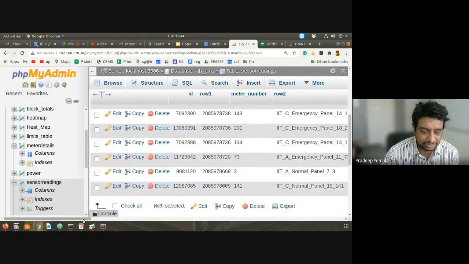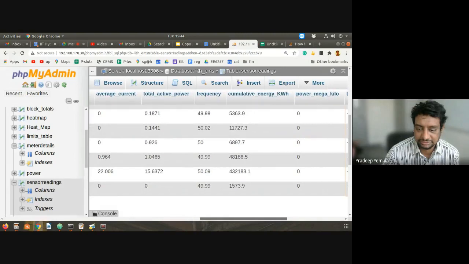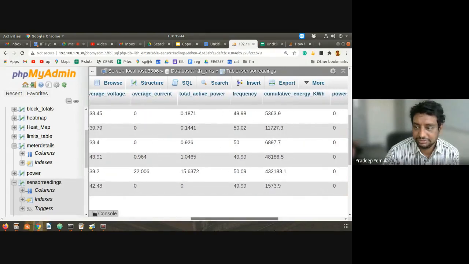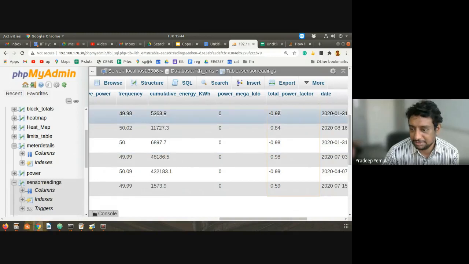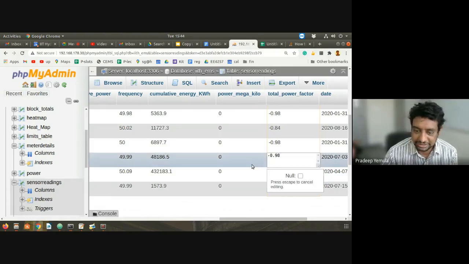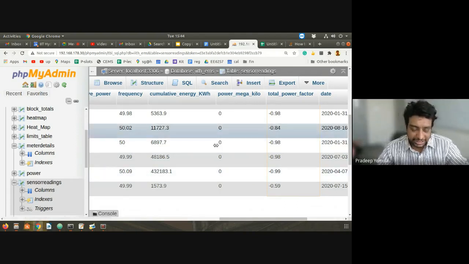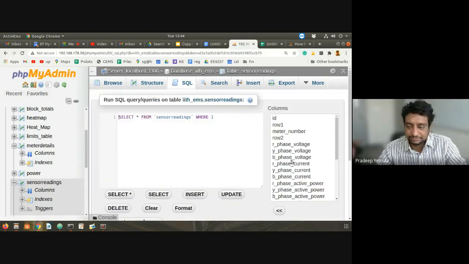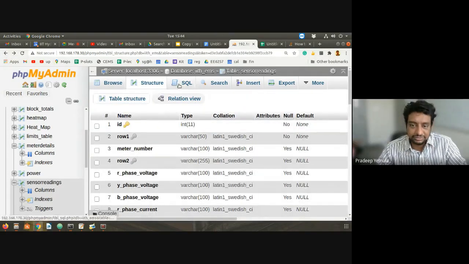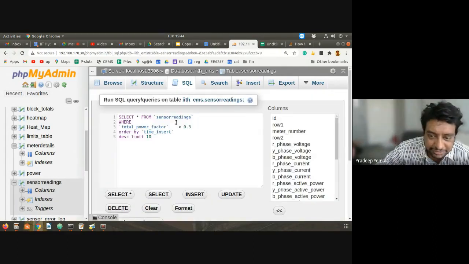Now if I go back to the solution, look at the power factor. Where is the power factor? Yeah. So minus 0.98, minus 0.84. First of all, power factor will not be negative. So it is giving minus, which means the data itself is wrong. So let's avoid that negative. I'll go to my previous query. Did I lose my query? Auto saved query. Yeah. So here power factor less than 0.3